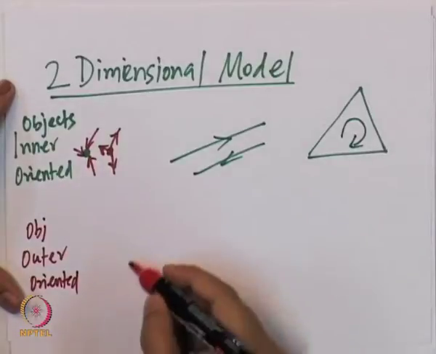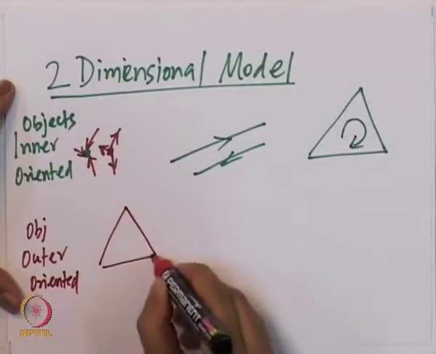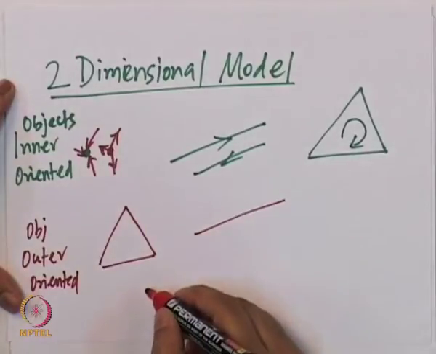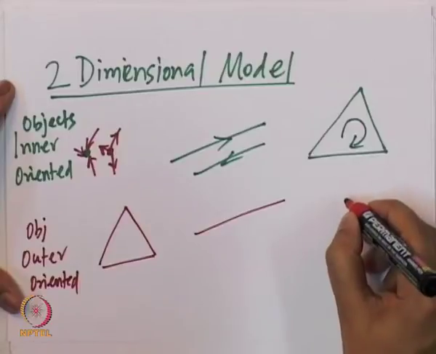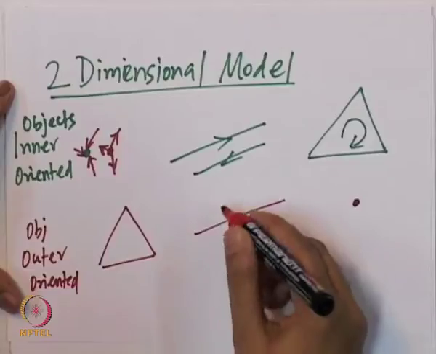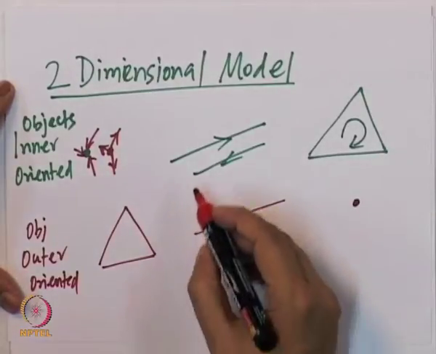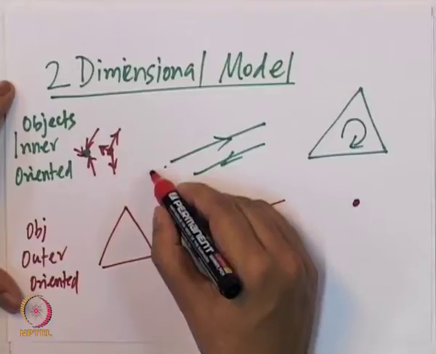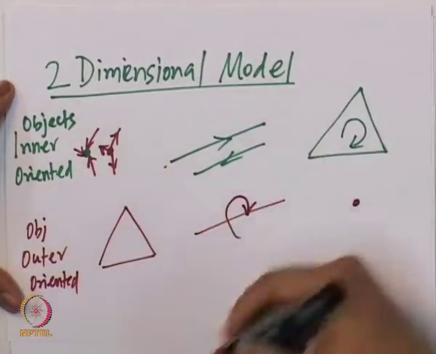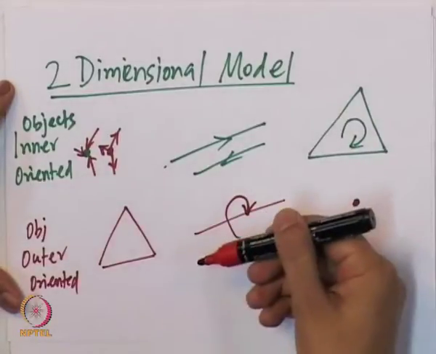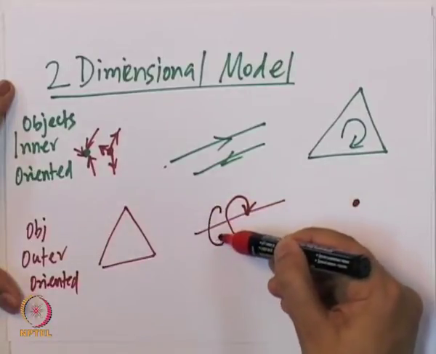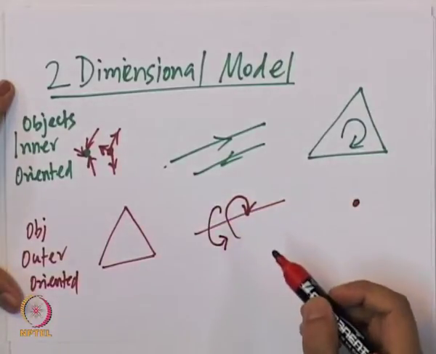For a point, it will be a surface. For a line, it will be a line itself. For a surface, it will be a point. But this line and this line, they have two different things. Here the line has orientation that is along the line, whereas here the orientation will be about the line. So the line will provide me the axis, and the orientation could be clockwise or anti-clockwise depending on the option